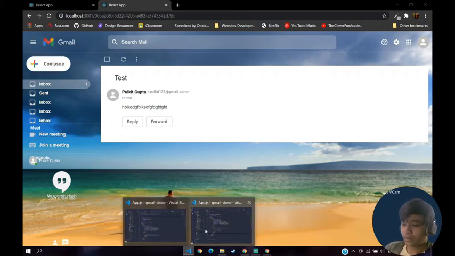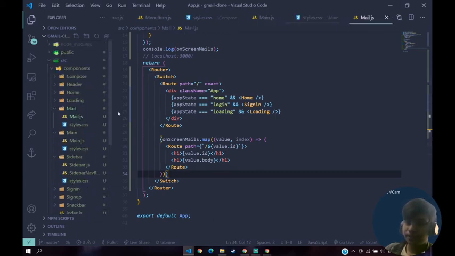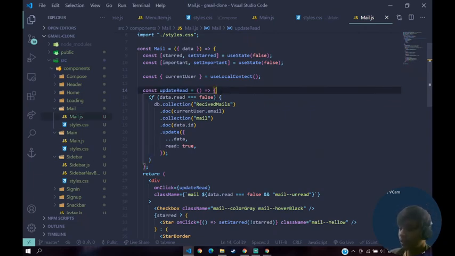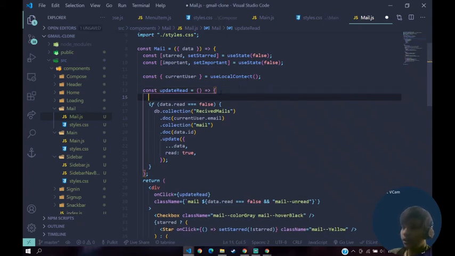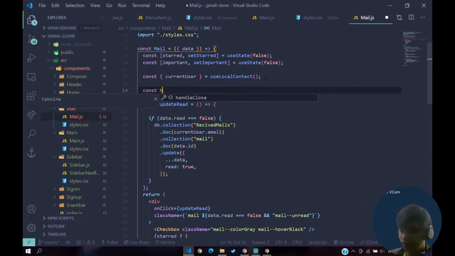So we'll go back to our application, inside of our mail, and whenever the user clicks on this, basically if the update thread is equal to false or not, there's a hook called useHistory. It's a React Router hook.